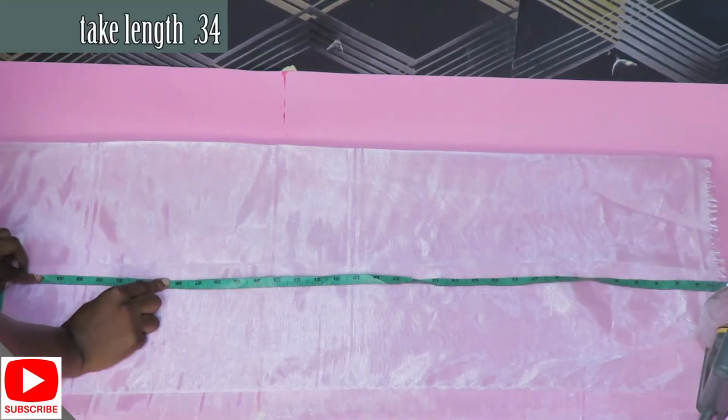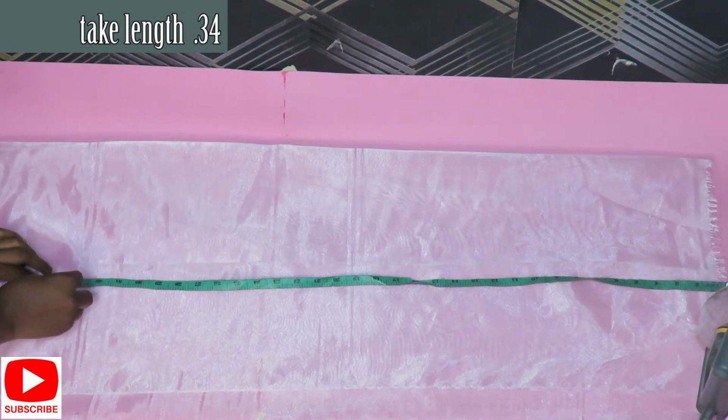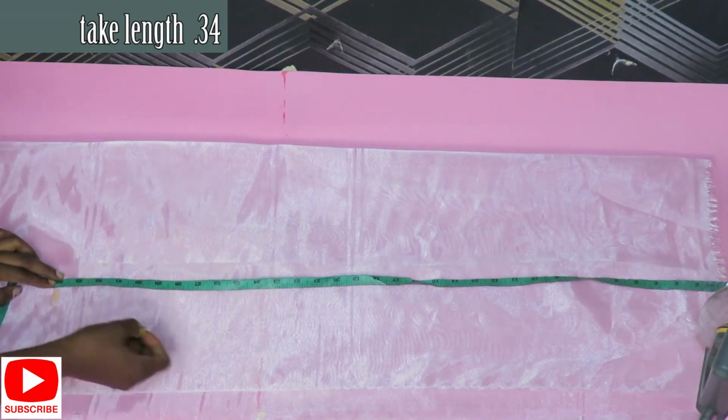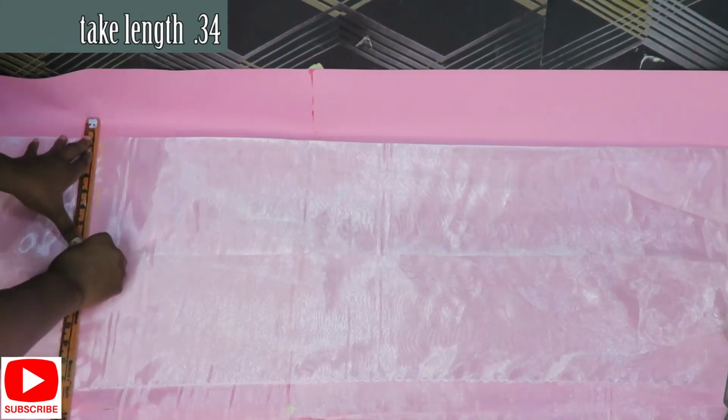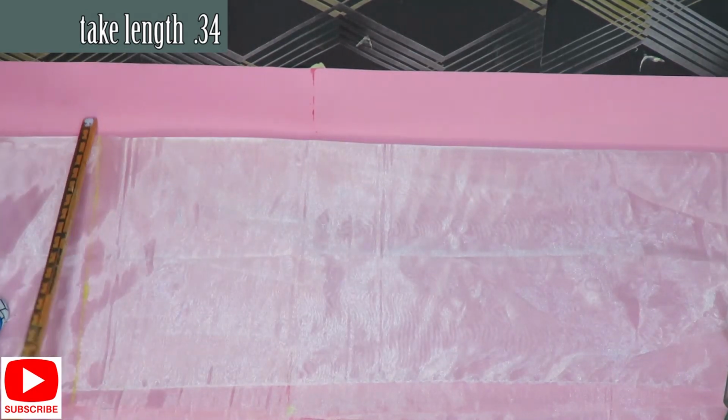For the next part of this video, I'll be using organza. Yeah, so this organza, I bought it for 250 for a yard. So yeah, I'll be taking the length. After taking the length, the next thing for us to do now is to chalk down the points,